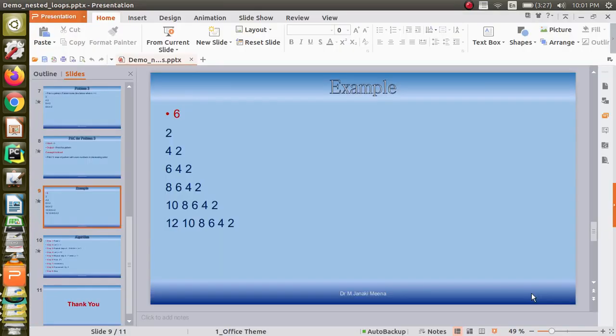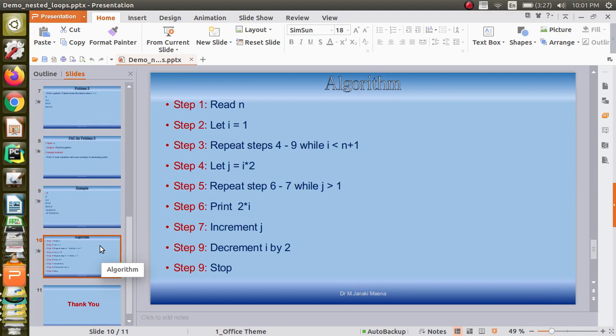Hope you have understood nested loops. When you want to repeat a set of statements within another set of statements, then we go for nested loops. You can further practice and understand more. Thank you.